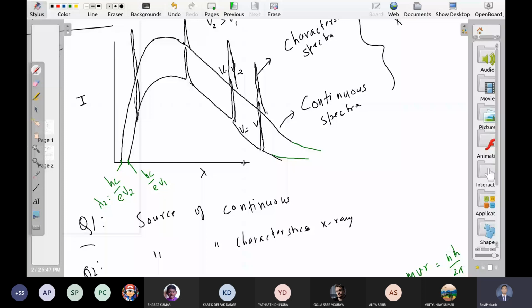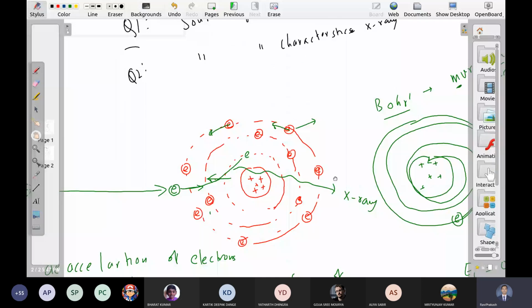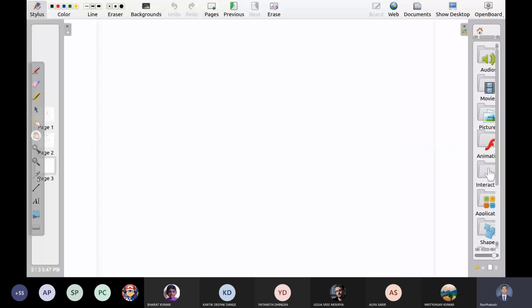What about characteristic? I mean, why do we get these peaks? ये peaks कहाँ से आ रहे हैं? There is another phenomenon happening in this atom. What is that? These electrons. Excitation of the atom. Yes. So these high energy electrons enter into this electron cloud,